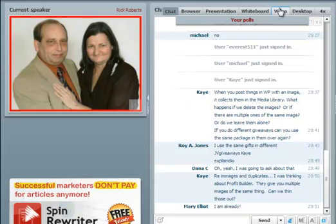Kay says, regarding images and duplicates, I was thinking about Profit Builder. They give you multiple images of the same thing. Can we thin those out? I wouldn't